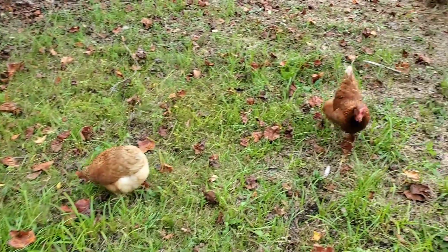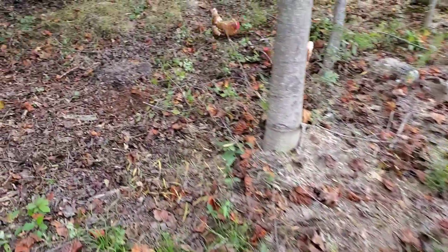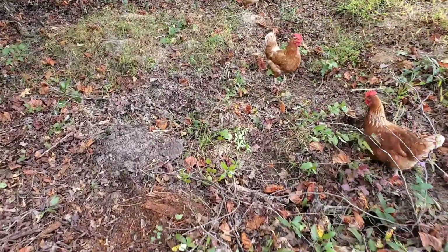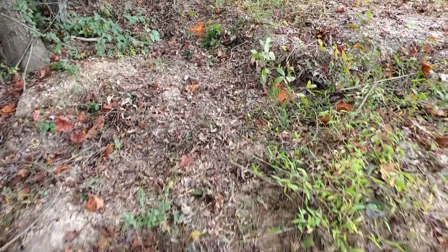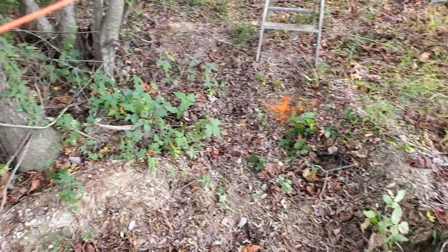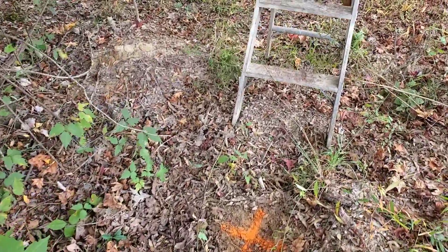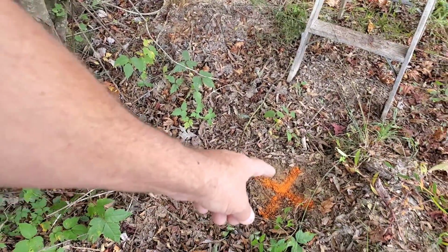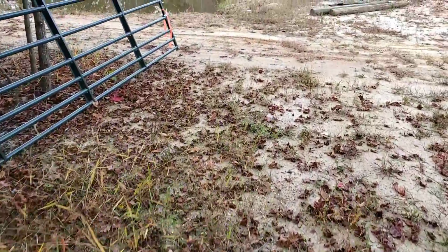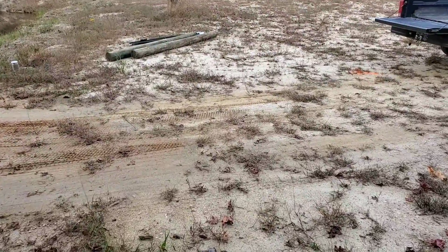The chickens are free ranging around here. Anywhere I'm working, they've got to get right there. So they're over here digging up my marks that I sprayed on the ground. Better leave my string up here tonight in case they've already covered up a couple of my spots. I'll leave the string up there and just mark it again in the morning. So this will be another post right here. And then, well, this is kind of a small hill right here. And then we'll have the gate. I actually, the gate will come,